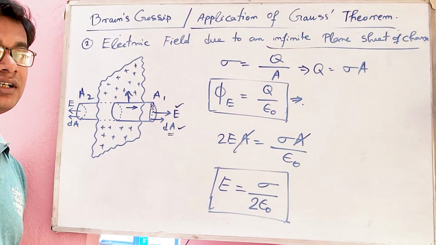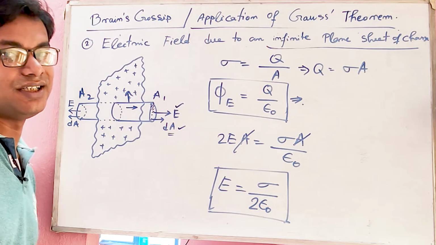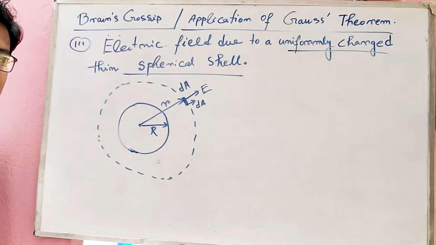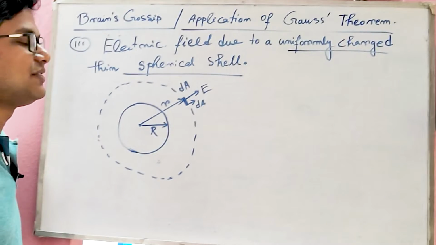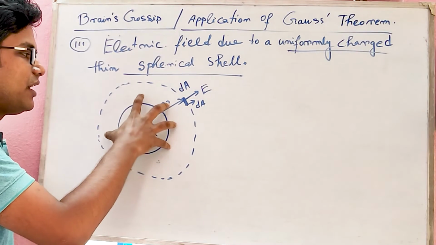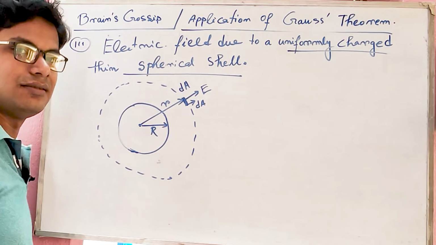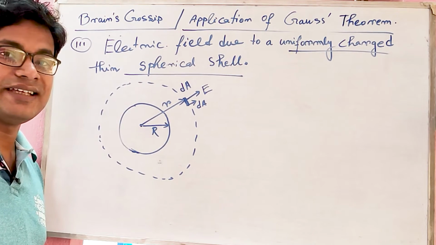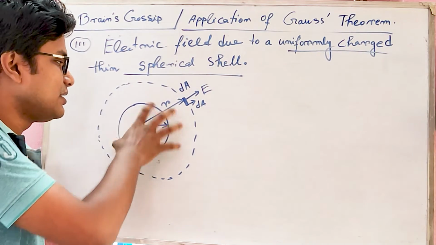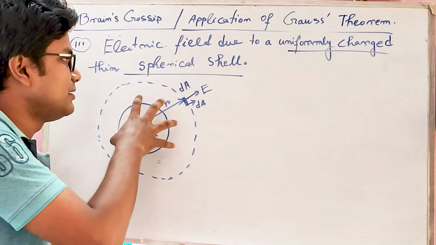Now we are moving on to the third part, where we are going to calculate the electric field for a spherical distribution of charge. Now we want to figure out what will be the electric field due to a uniformly charged spherical shell. Now what is happening over there? Here we have taken a spherical shell and the radius of the shell is R. And do you know what is the meaning of shell? Shell means the inside of the sphere is vacuum. There is nothing inside the shell.